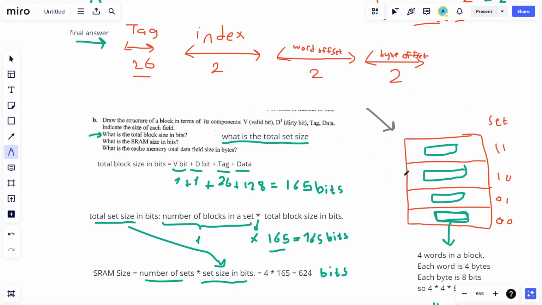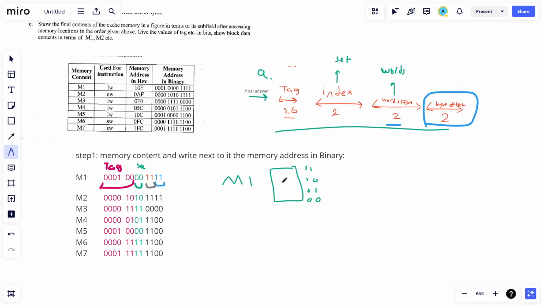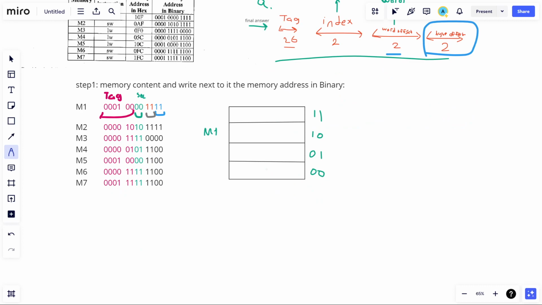You know, if you didn't know, this is the cache memory, and we're gonna draw it again, but in a small way. Why? Here is why. We're gonna have 1, 2, 3, and 4, and M1 is actually in set 0 0. Okay, after fixing it, yeah, it's too big. It should be very small actually, because you don't have enough place in the exam. So after you're done with this part,